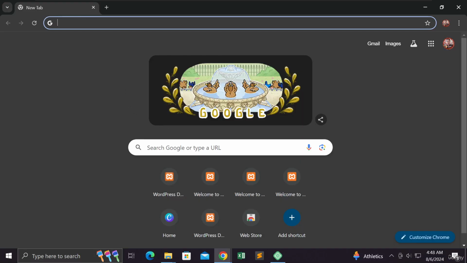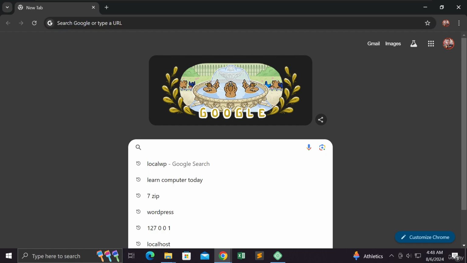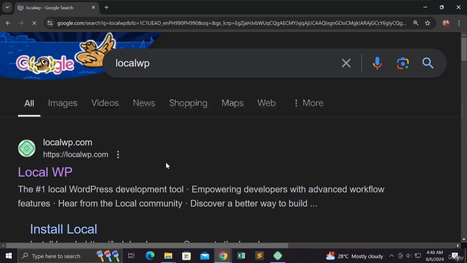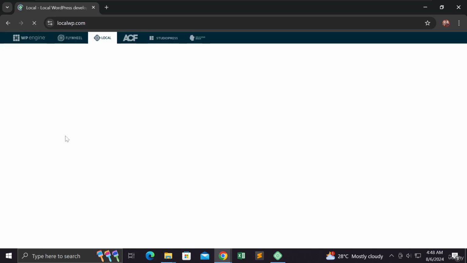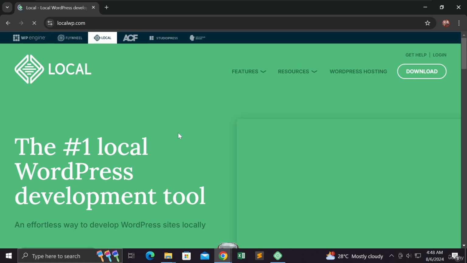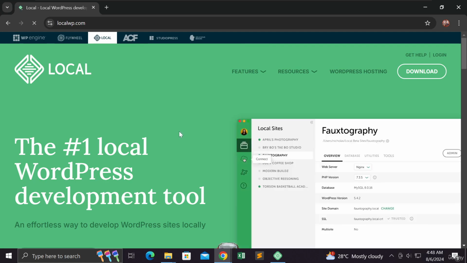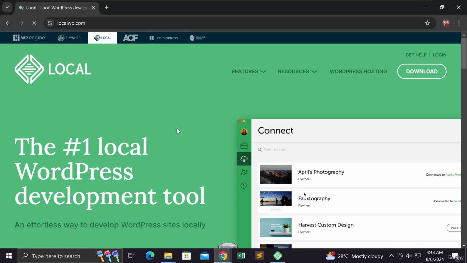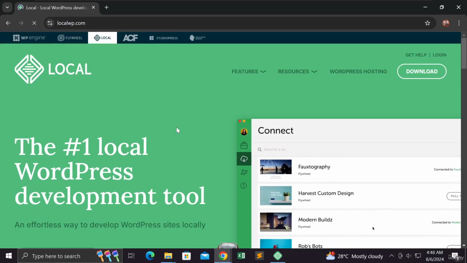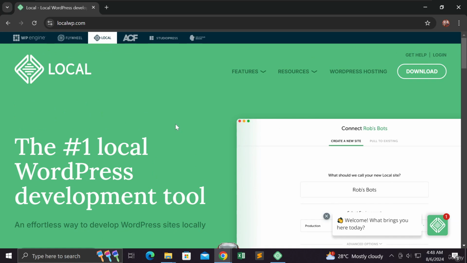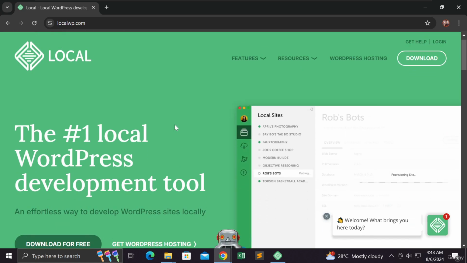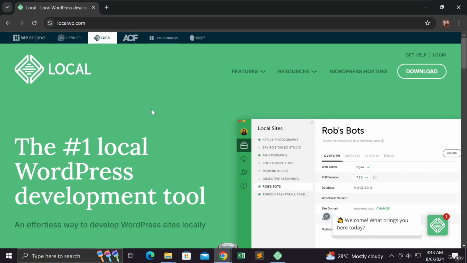the website where we can download the local WP. I'm going to type here local WP, and you will see the official website for local WP. I'm going to select this one, and then it will show us the main page for the local WP, local hosting, or let's say server, or our WordPress development tool. So I think this is a product of the WP engine,